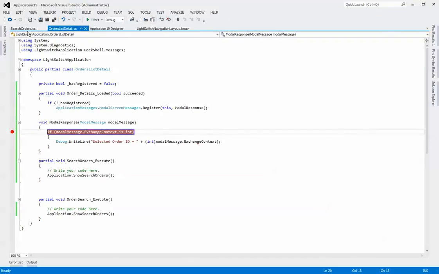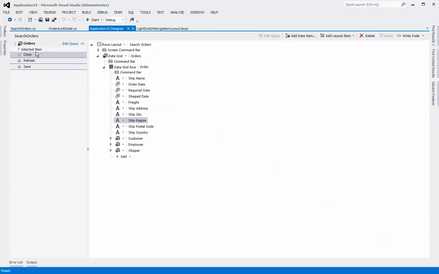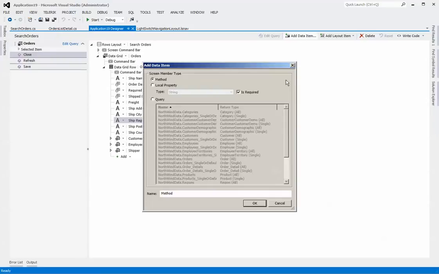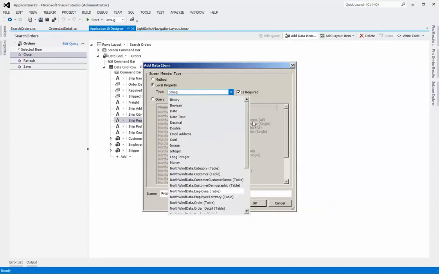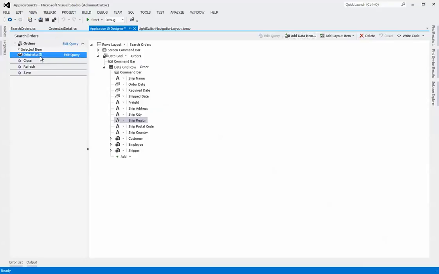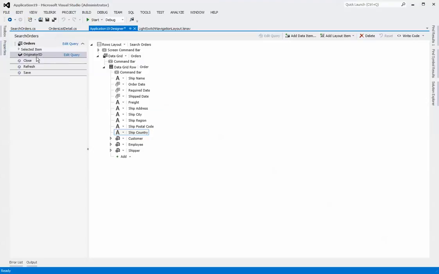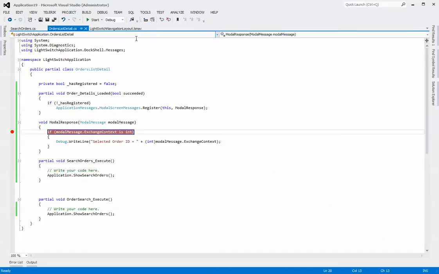our search order screen. So if we go back to our Solution Explorer, go to Search Order, go into Design Mode. And what we're going to do is we're going to add a data item, and it will be of type GUID. So here we go, and let's just call this one originator ID. Okay, and what we'll do is we'll make that a parameter of the screen itself. So now it's an input parameter of type GUID, and its name is originator ID. So that's cool. And now if we save that and we go back to here,